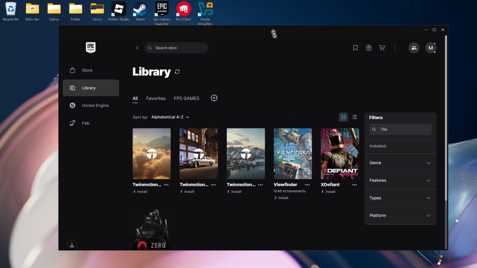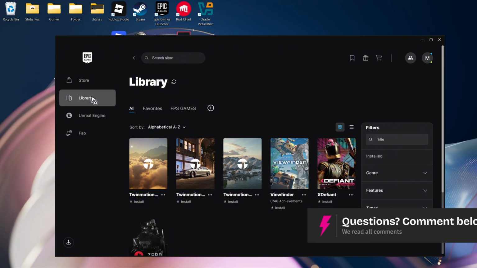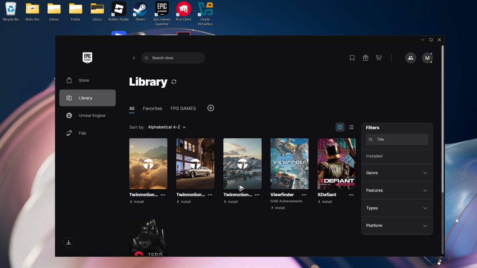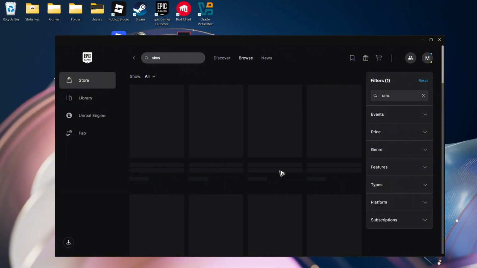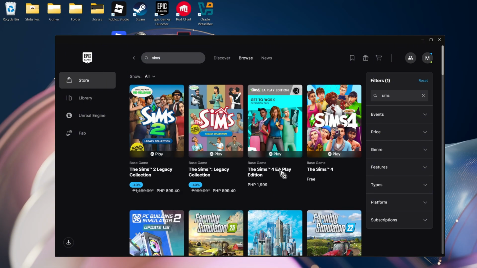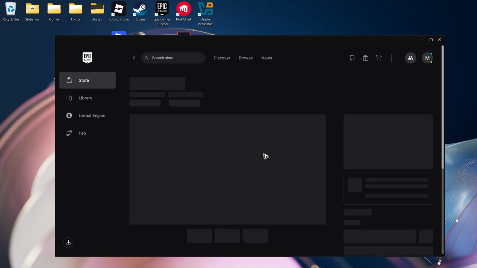Okay, now this one will open. Now what you're doing here is just go ahead over to your library and find an EA game. Say, for example, you have a Battlefield, a Sims, okay, or any other EA sports games. If you have it in here, go ahead and download it, install or download, and once installed, just go ahead